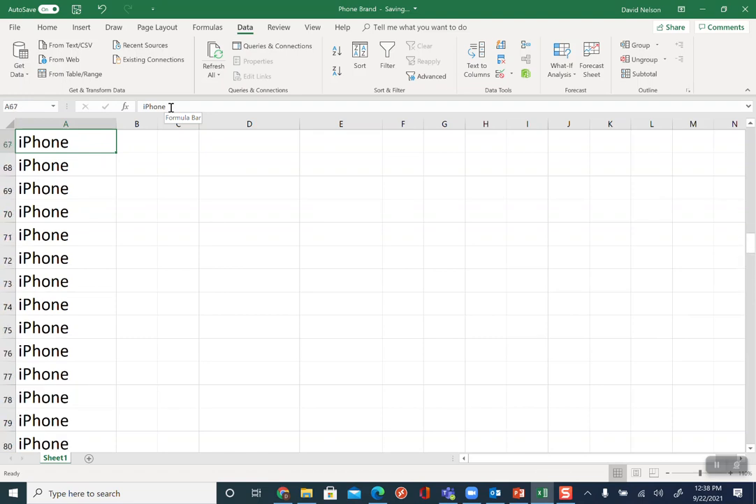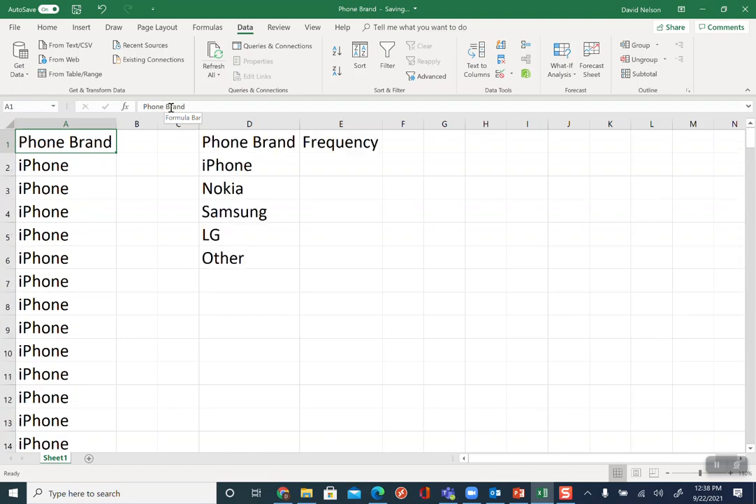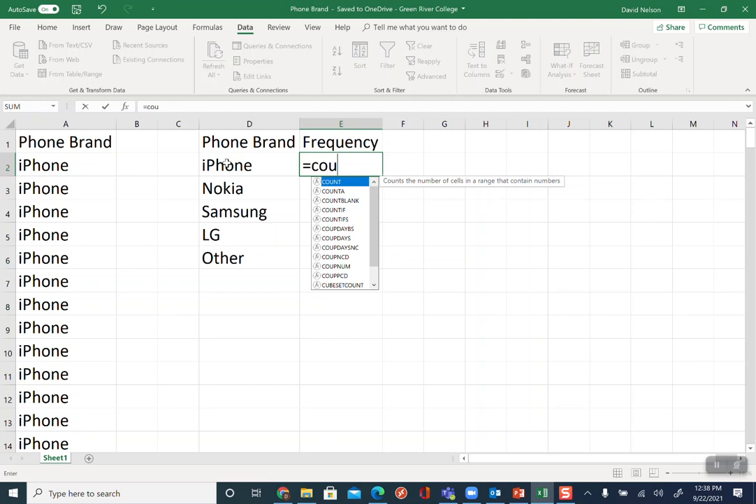That might make it a little bit easier to count, but there is a built-in command in Excel that will help you do that. I do have to identify what all my responses are, and I had iPhone, Nokia, Samsung, LG, and other as my choices. And so once I've got those listed, I'm going to type the equal sign to tell Excel I'm entering a formula. And there's a command called COUNTIF,